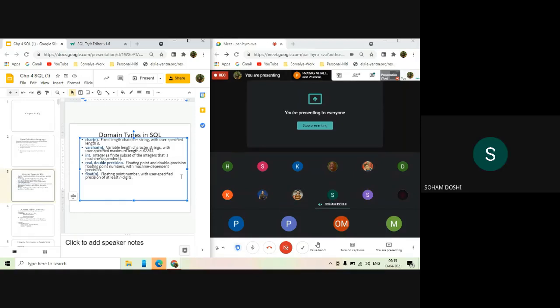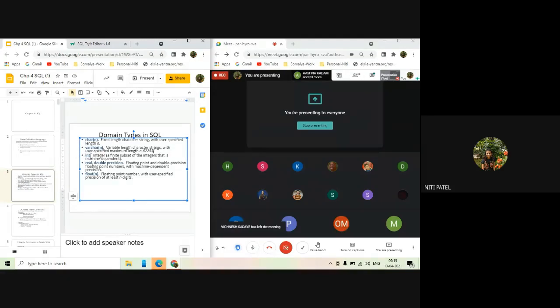Okay. Next is integer. Now, for example, if I want to have numbers in my column, for example, roll number, enrollment number, phone number, something like that, what will I do? I have to make use of a data type called int. So what is that integer? It is a finite subset of integers which is machine dependent. So I do not have to specify any values for integer. The system is going to take it automatically. I just have to declare the data type as int.